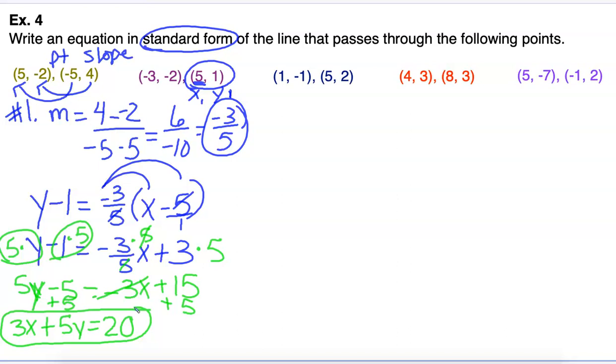Now there will be times you might end up with a slope of something like this, like that. Your slope then would just be 0. So you might end up with some things that just end up y equal